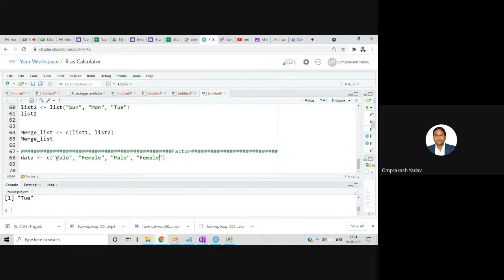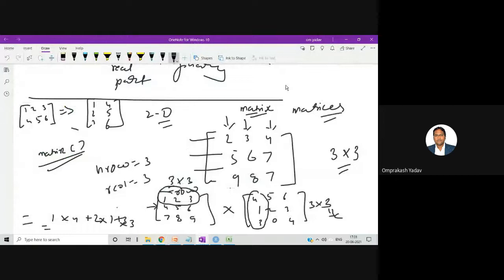Suppose I have a data set, and in that there will be one gender column, with male, female, like that.